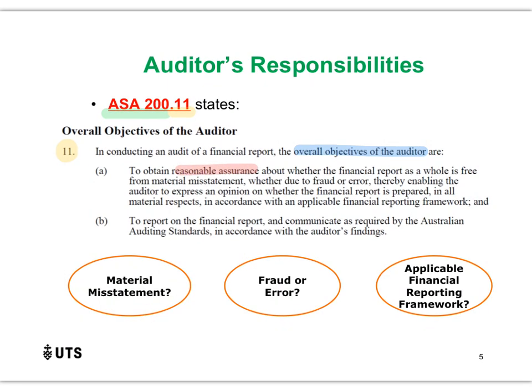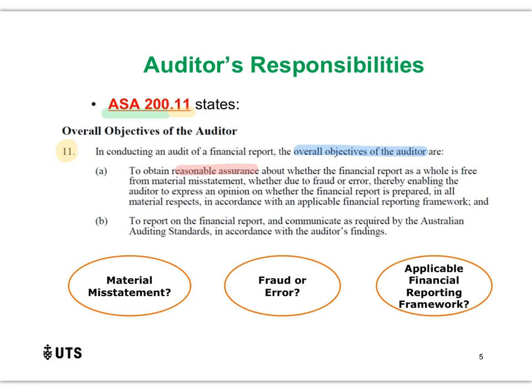Remember, that is the level of assurance we provide, reasonable assurance, when we conduct an audit. That is the highest level of assurance. Remember, we don't have absolute assurance, nor do we provide guaranteed assurance. What we provide is reasonable assurance. There's no such thing as absolute or guaranteed assurance, because we don't test every single transaction. We often take a sample, we test the sample, we collect evidence, and we use that as a basis for our conclusion. We take samples because in a lot of instances, it's impossible for us to test every single transaction. We've talked about this in a previous video.